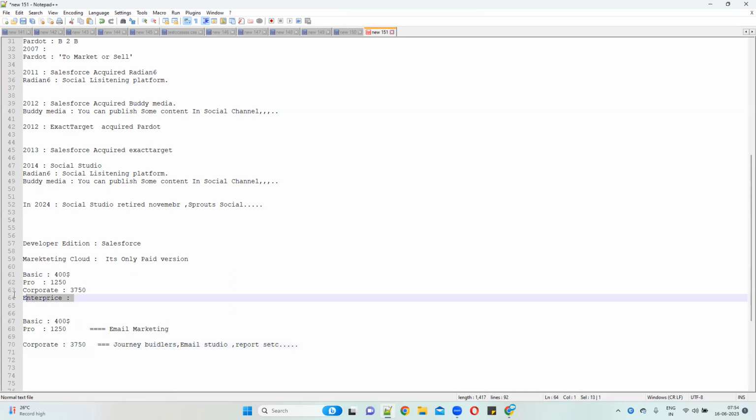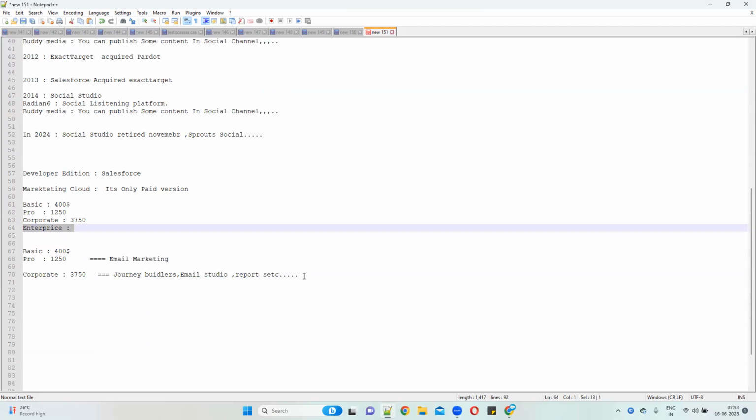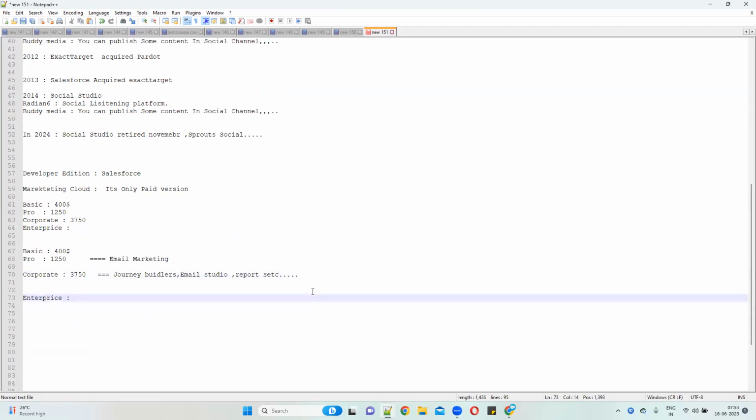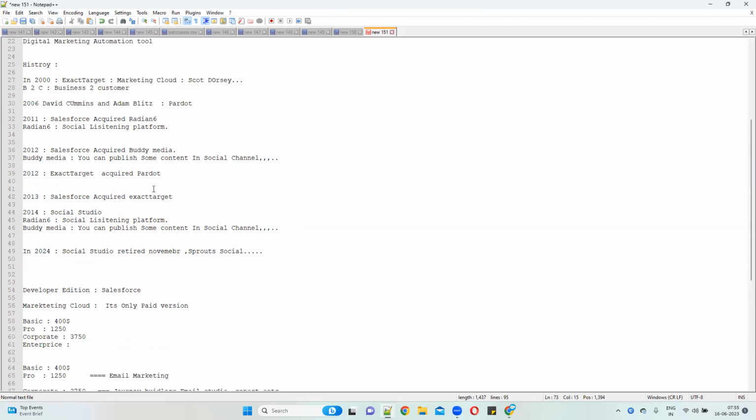But if you go for the enterprise edition, this is for when you want to handle multiple units and multiple products, and you want to sell them throughout the world. Not only one product, not only one particular area. You want to maintain your customers and your products throughout the world, multiple products. I told you the example, insurance, right?